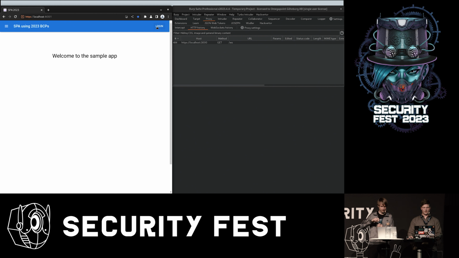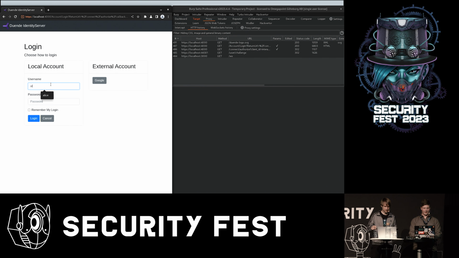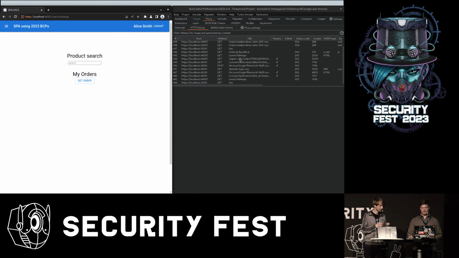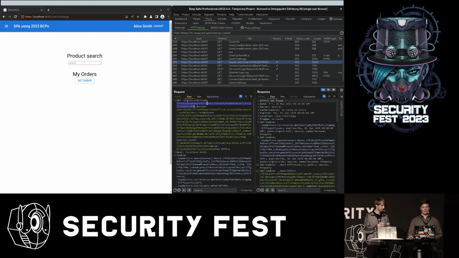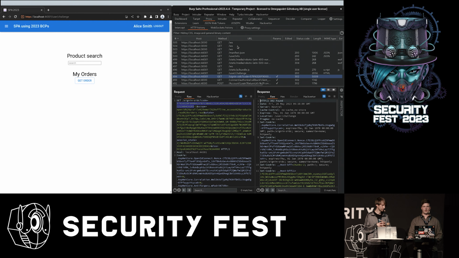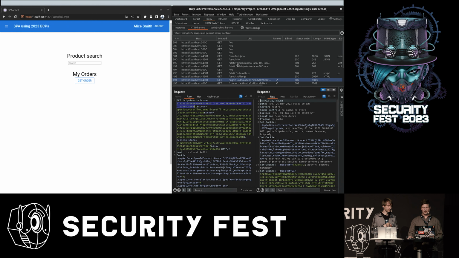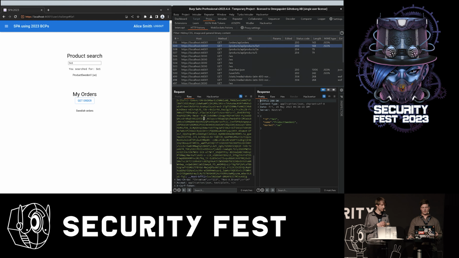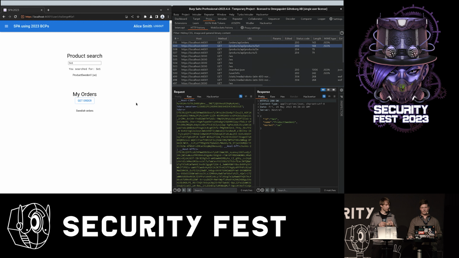Again, I need to first log in. I'm redirected to the IDP. Sign in as Alice again. This time around, we still get a code back when we are redirected back to the application. However, there's no token exchange happening between my browser and the backend or the token service. And when I do API requests like this, we can see them here. There is no token in these requests. However, there is the session token that Tobias mentioned. And all the requests go to the backend for frontend, not to the API hosts.